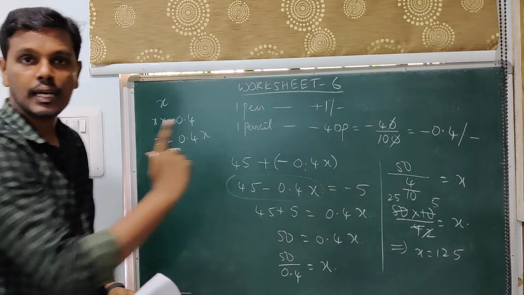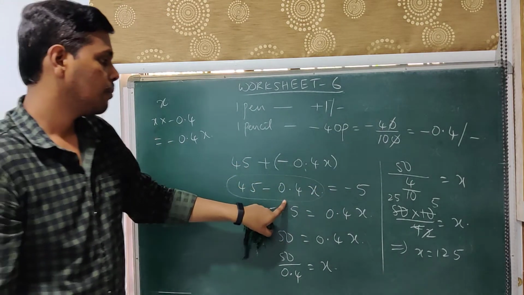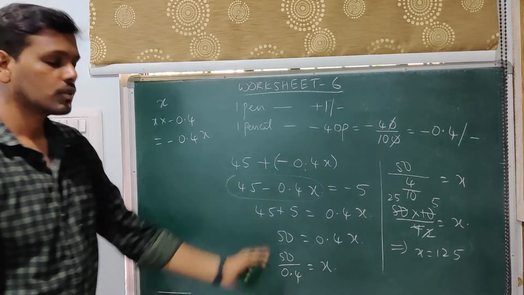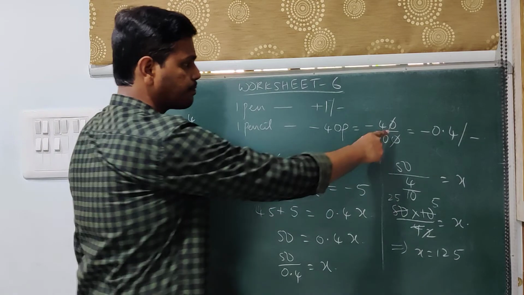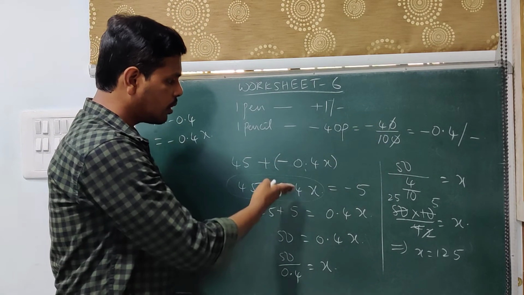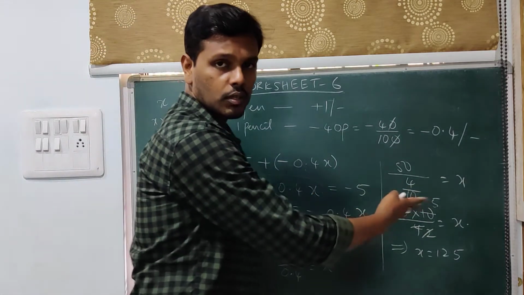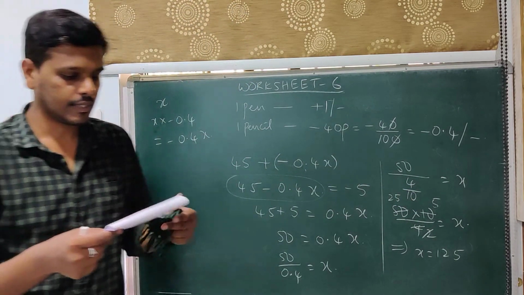Again this is a simple equation, I have solved it. So I brought this minus 5 to the left hand side, plus 5, and minus 0.4 to the right hand side. So this is plus, and I have simplified. If you feel that leaving minus 4 by 10 is a bit easier for you, you can write 4 by 10 and simplify, you will get the same answer. So that is with regards to the first case. Now look into the second case.